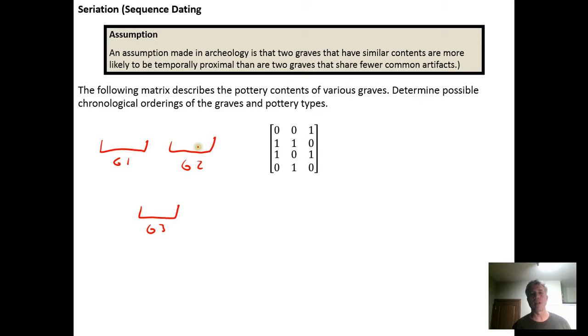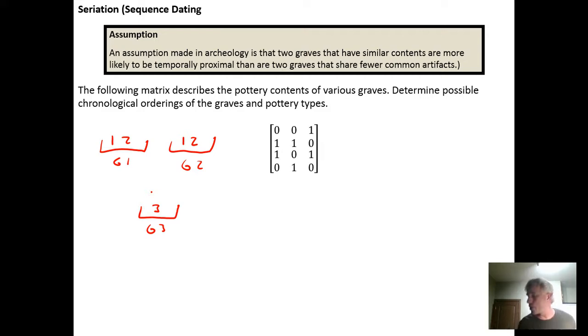So if grave 1 and grave 2 were within a few years of each other, if artifact 1 is in grave 1, it has a high chance of showing up in grave 2. If artifact 2, or a pottery shard for example, shows up in grave 1, there's a high likelihood it might show up in grave 2 as well. Whereas if grave 3 is a lot older or younger than either of graves 1 or 2, it may have pottery types or artifact type 3 that didn't show up in the previous grave, because artifacts and pottery types and